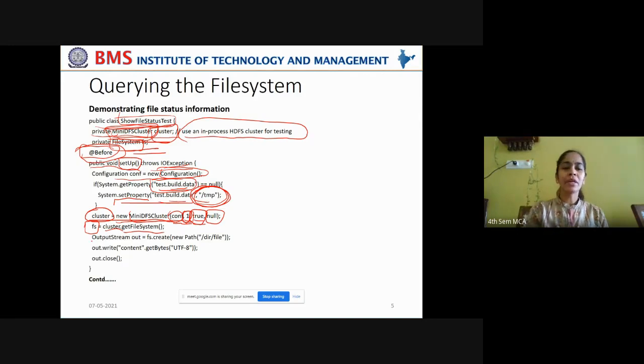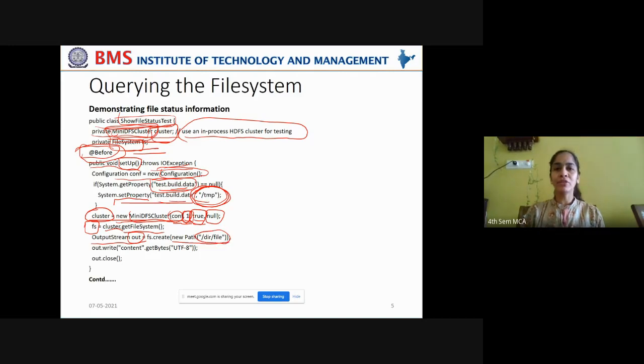Right? Now we are creating an output stream object, out. You're creating an object out of output stream, and to which path is it connected? You're creating a new instance of the path which is passed here as a parameter.